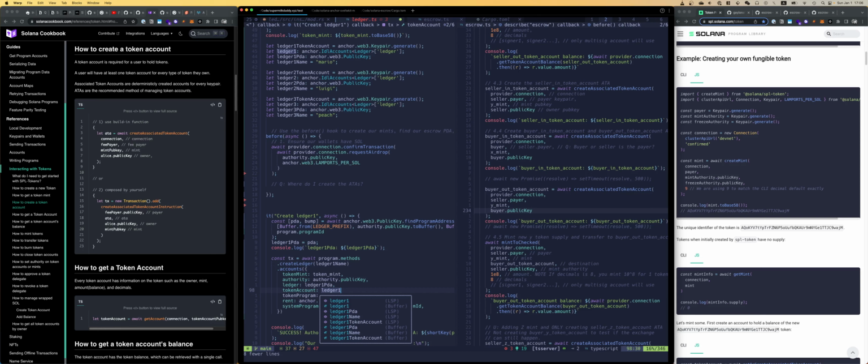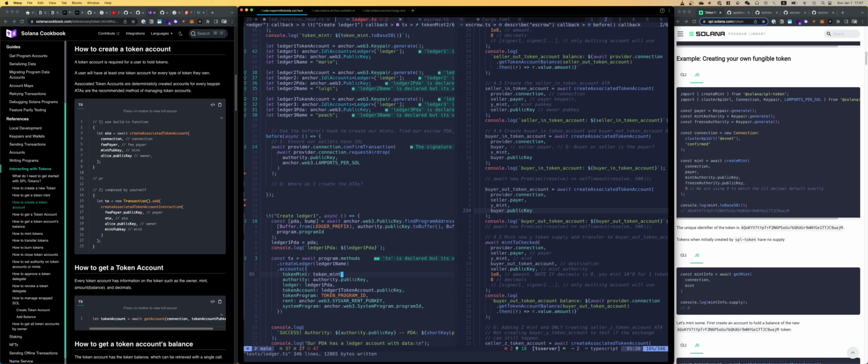We actually haven't created the associated token account yet at this point, and we don't do that here, like I was just about to, because that's actually going to get created inside of our program instructions. So let me put ledger one token account public key, yeah,